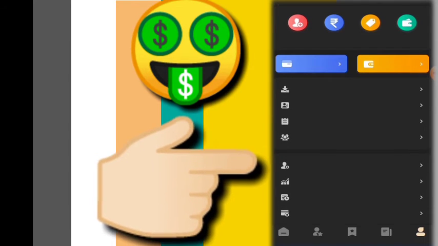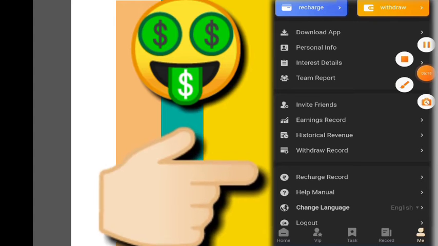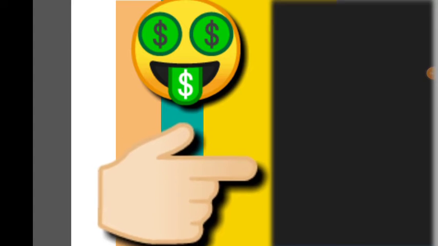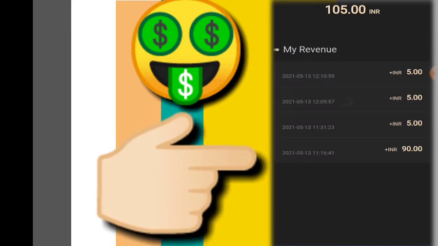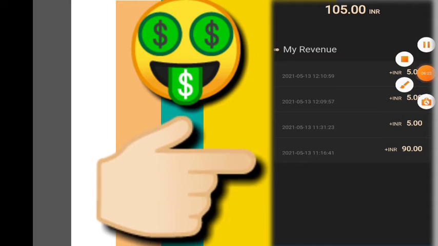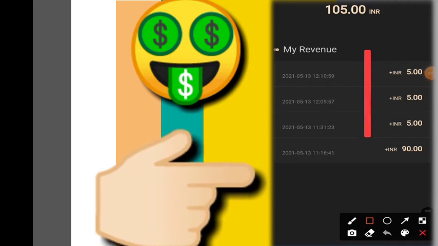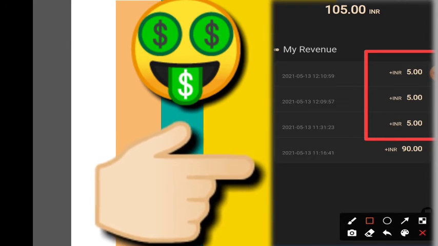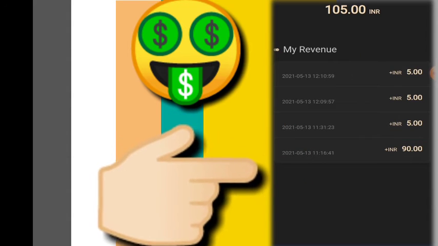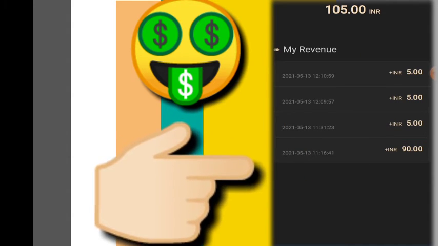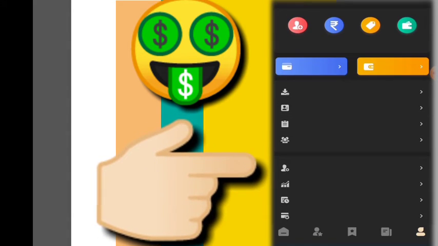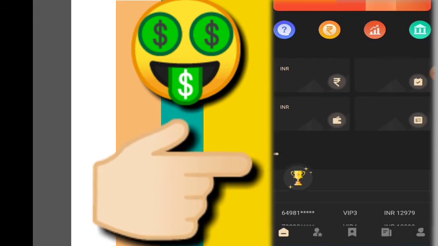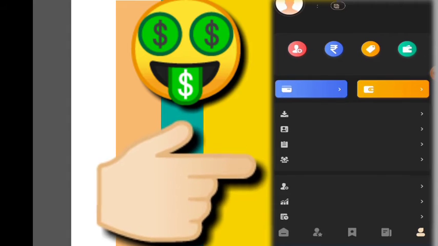First of all, you need to check in the earning record, that is there you can see. So it will not show the rupees now, because we have done it now. So please wait for 5 minutes only. These rupees I get from doing task yesterday, and 90 rupees I've got from my another phone, from which I am giving you the link. Okay, then just you can see it. It is so easy to earn rupees from here.